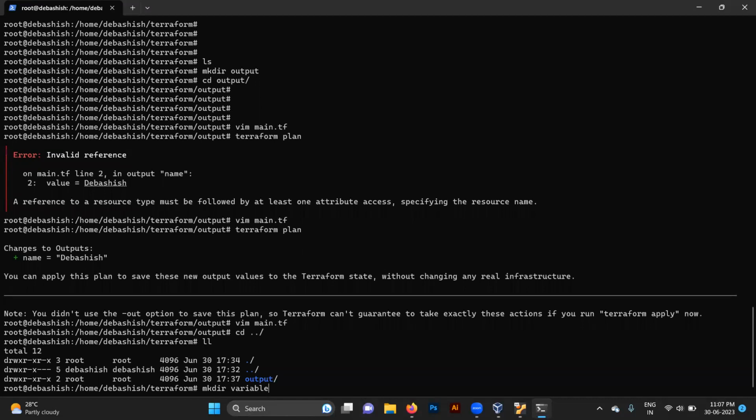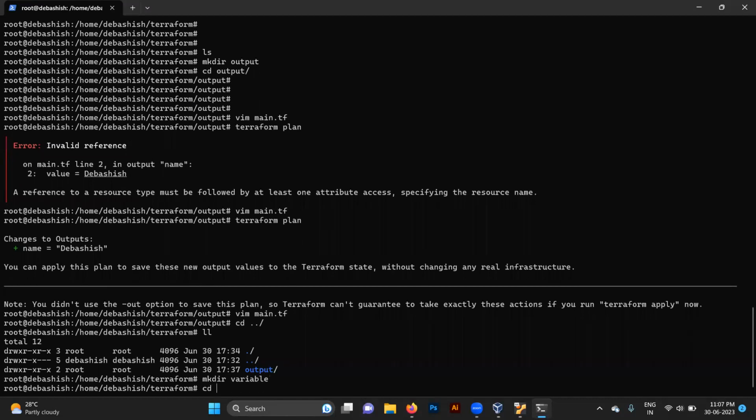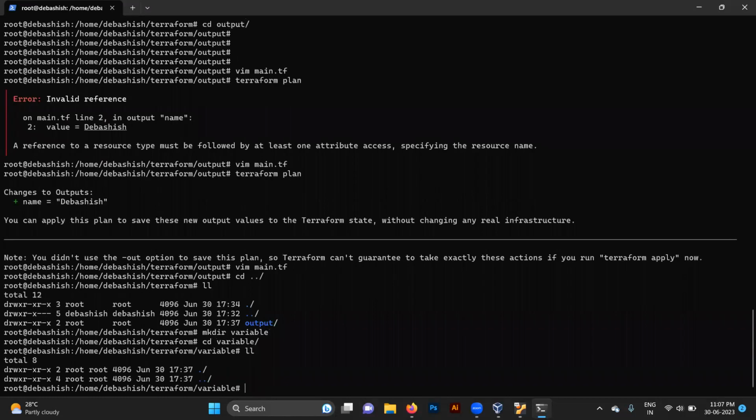different variables on a particular Terraform infrastructure. Right now, I'm creating code for a particular variable. So let's again create a main.tf file. See, if I create a second main.tf file in the same directory now,